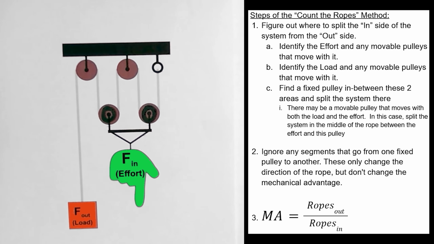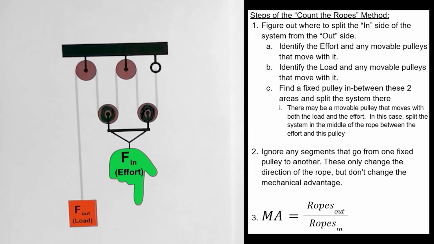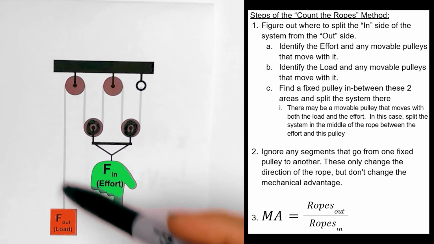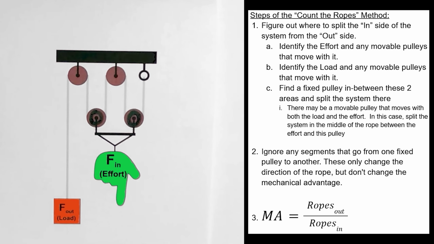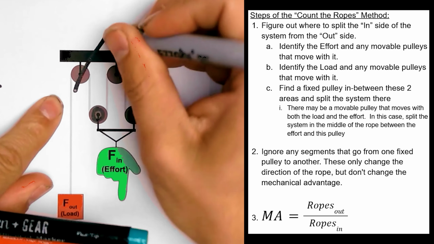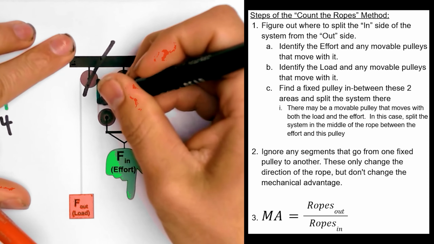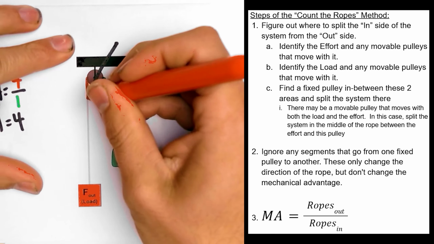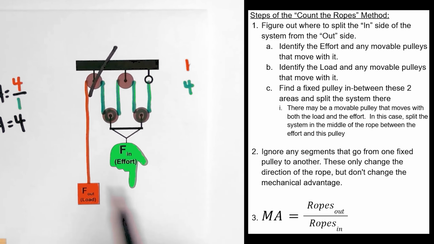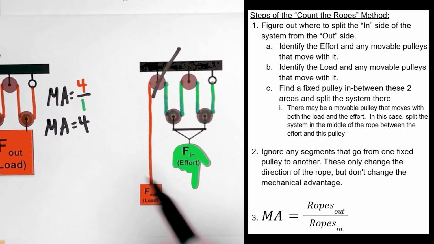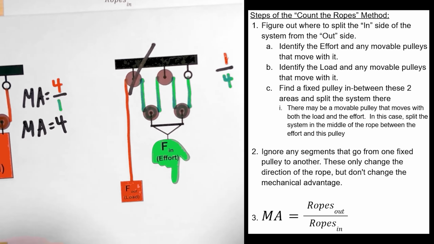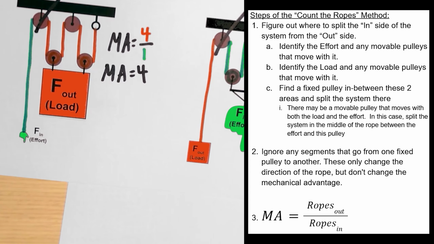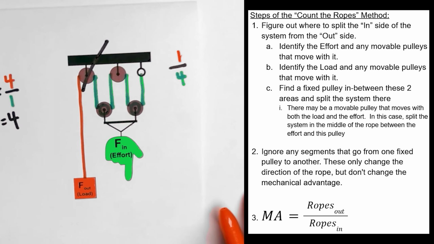Probably can't see that green color super well. Then we're going to split it the same place as before. So we've got all the effort stuff happening here, load stuff here, fixed pulley in between. Let's mark all these. 1, 2, 3, 4. Now this time, instead of having 4 over 1, we have 1 over 4, which makes sense because the position of these guys was reversed,